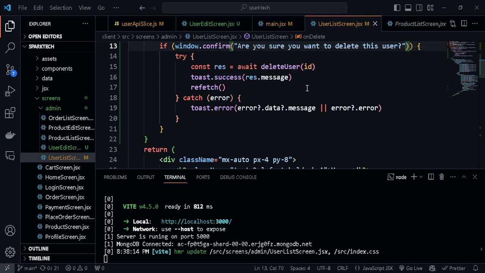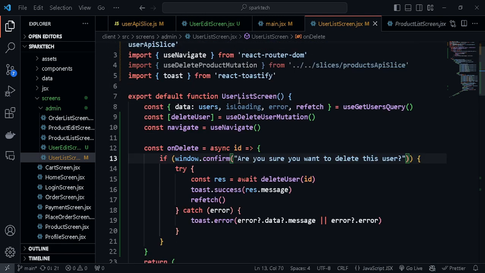I'll just figure out how exactly it is to be done, and I will make a separate video of all the bugs that we have within our application, so that you can learn something from it and don't repeat it in your application. So for now I'll just keep it as is, and also let's handle this